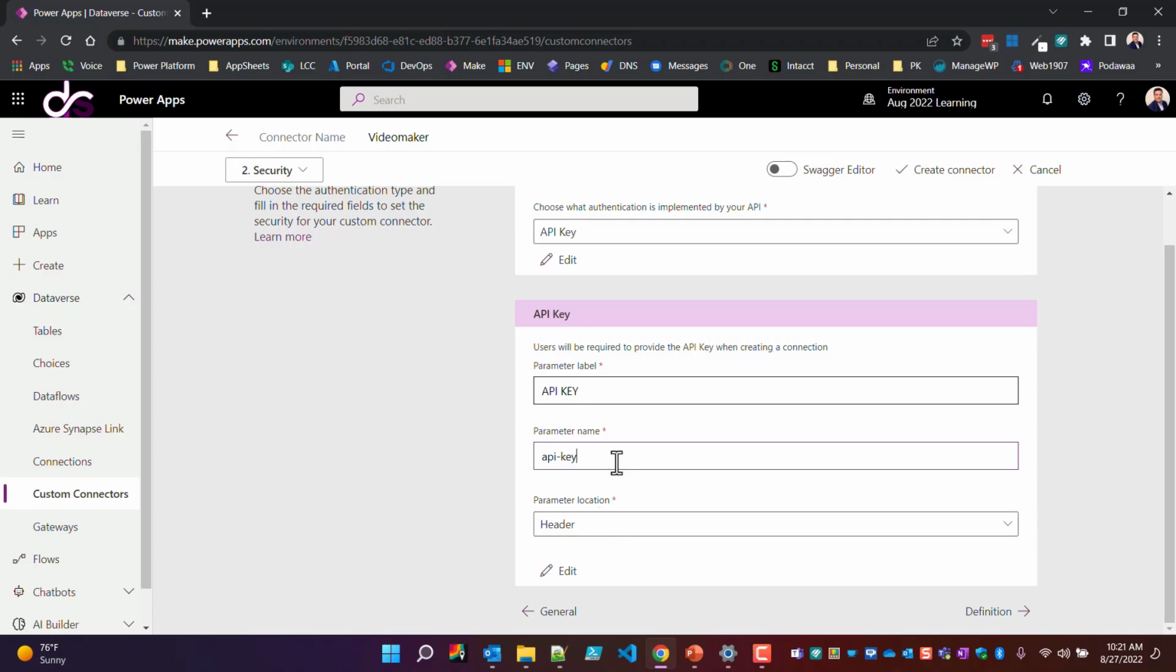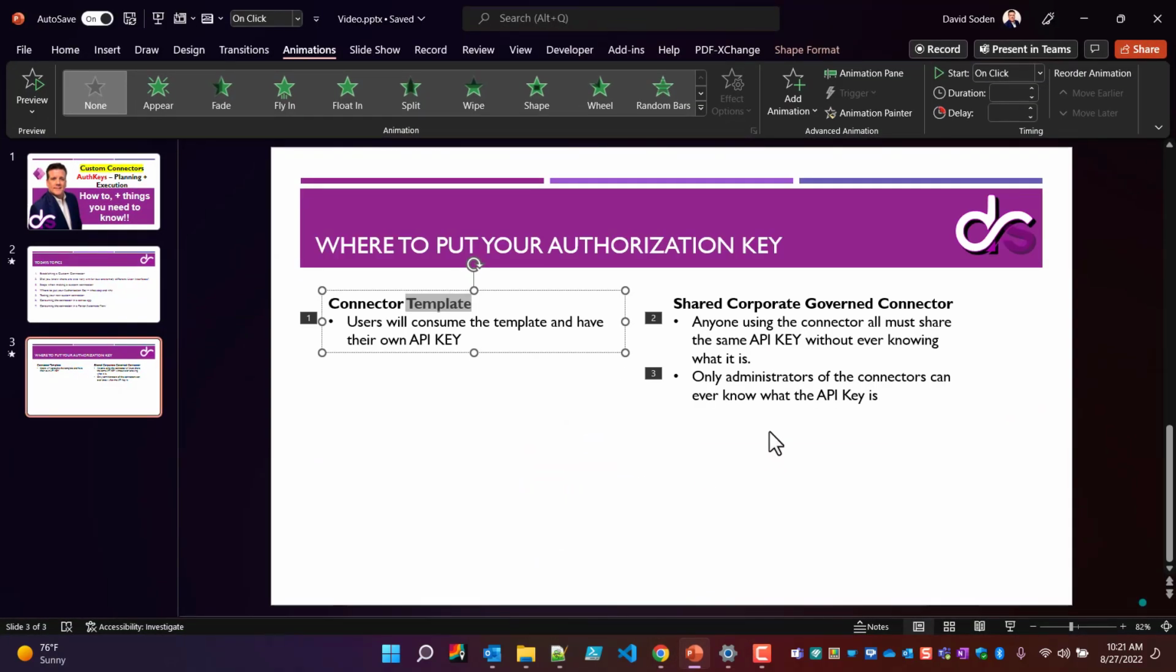And then the value that they put in that text box from the modal dialog is what's going to be passed through to your custom connector. But this is not the right thing to do. This is not what you want to do when your intention is to have one